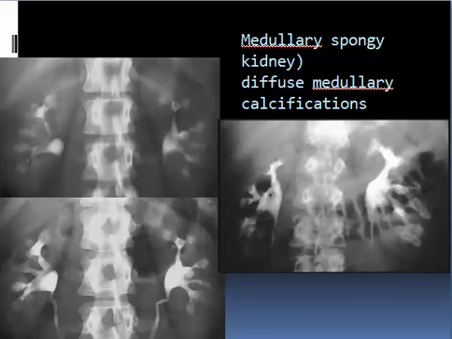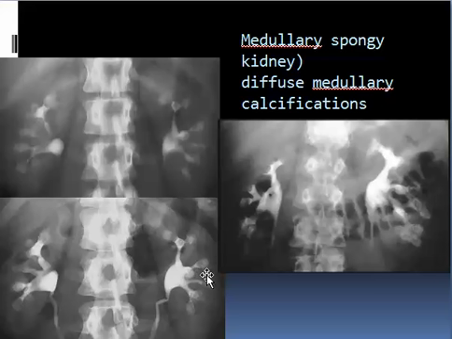Medullary sponge kidney is a cystic disease again. It is due to cystic dilatation of the renal tubules near the tip of the pyramid. It may result in calcifications and stone formation, and it may result in this sun ray appearance due to contrast seen in dilated terminal collecting tubules, and thus appears as a bunch of grapes, related to the calyx but